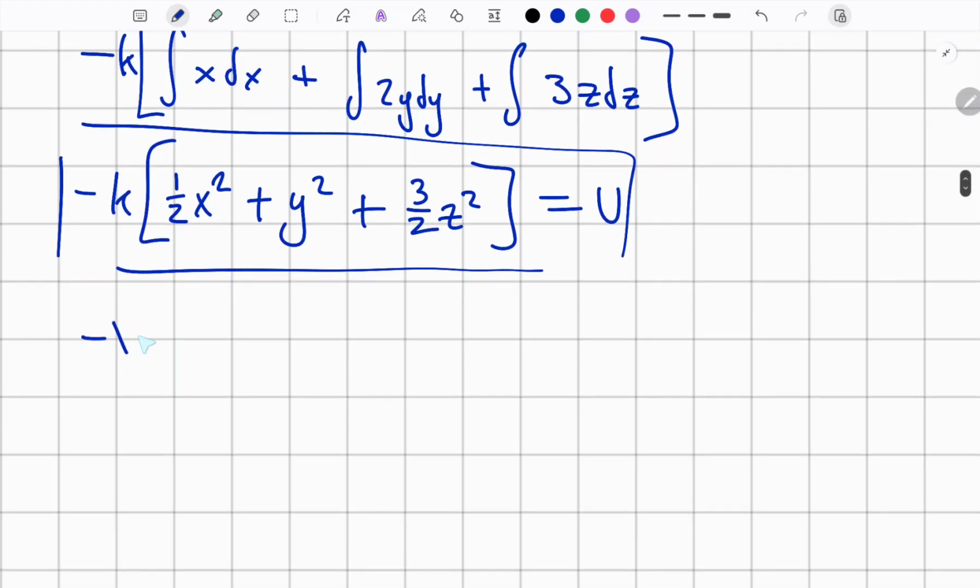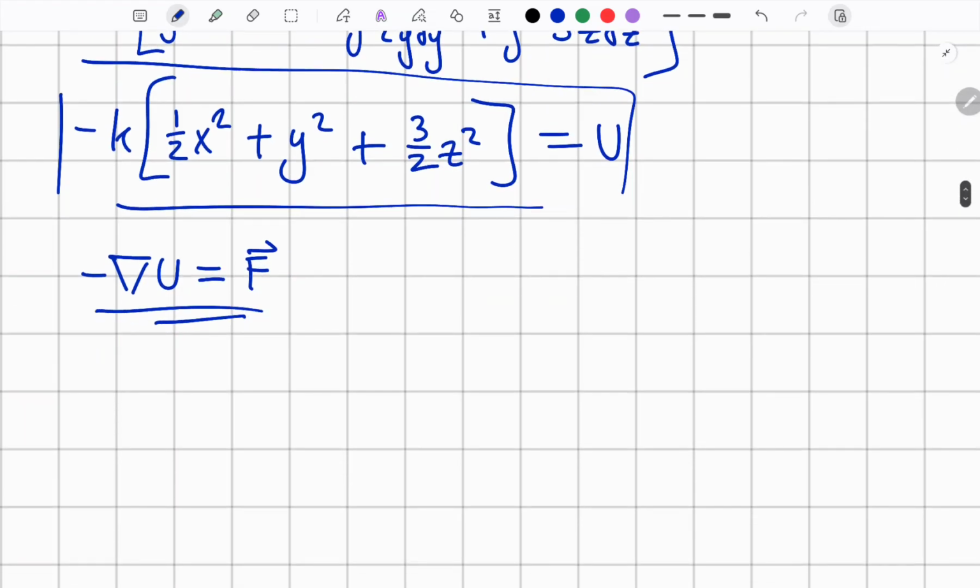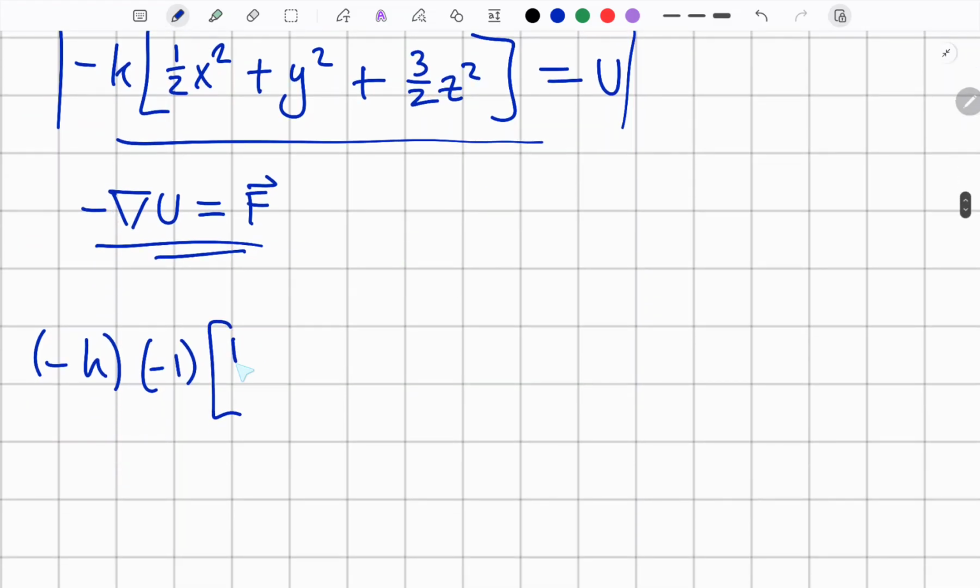Now we want to verify that the negative gradient of potential energy is our force, which is also true for a conservative force. So if we do the negative gradient of this potential energy, it is going to be 1/2 times 2. I'm going to leave our negative k out here. Let me rewrite this here. We're going to have negative k we can pull out, and have negative 1 times all of this. Then 1/2 times 2x, comma 2y,